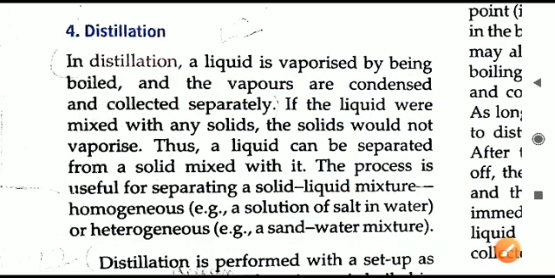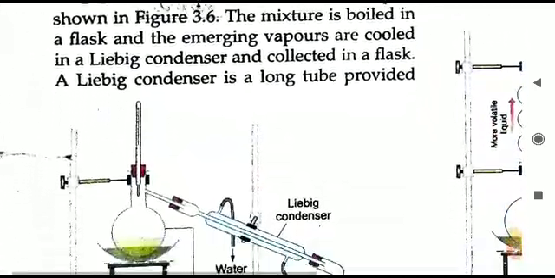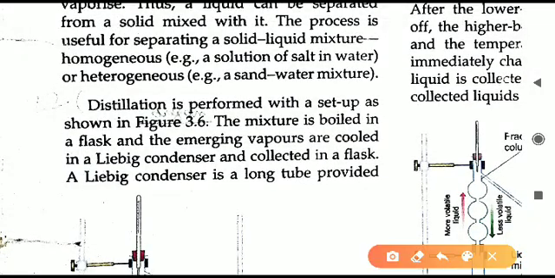Let us understand this in detail here. Here you can see some example they have given. What kind of mixture we can separate? Suppose salt is present in water. How can we separate? We can take the salt solution and then we can subject it to distillation. So when we do distillation, only water will convert into water vapor. Salt will not be able to make any vapor. Salt vapor cannot be formed. Salt will remain salt only. It is a solid substance.